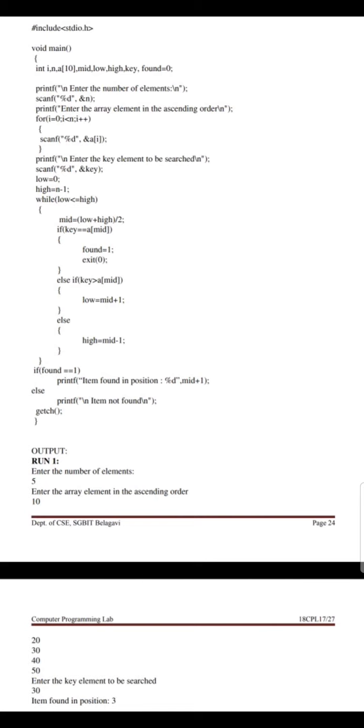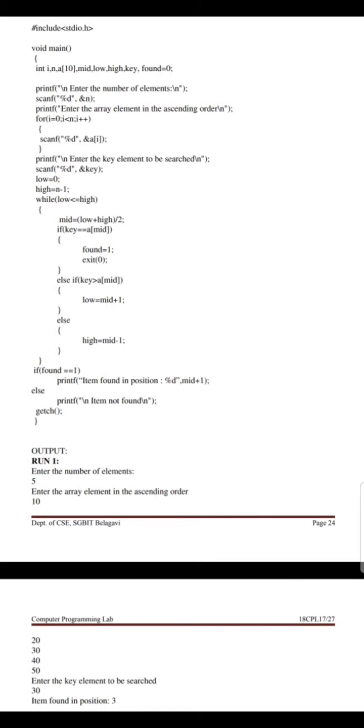Because it is not updated, the high value is as previous, 9. So 5, is it less than or equal to 9? The condition is satisfied. We should go inside the loop.